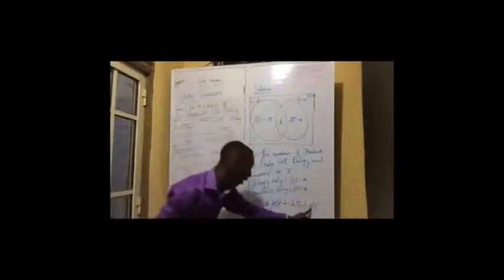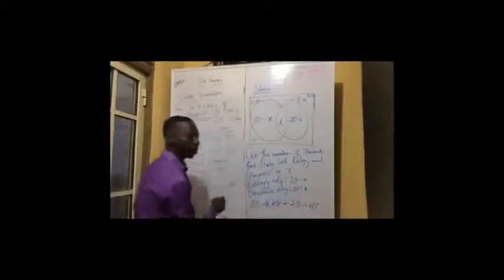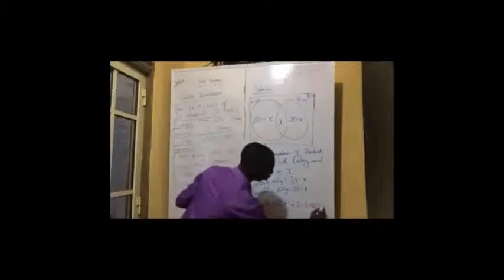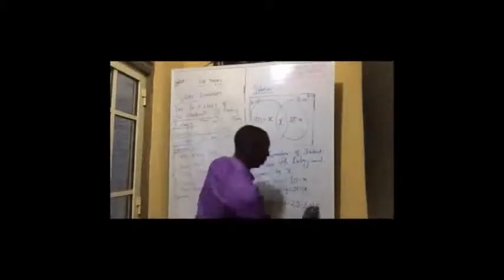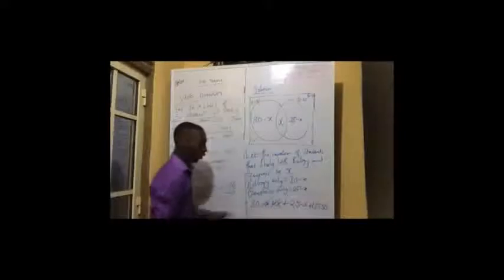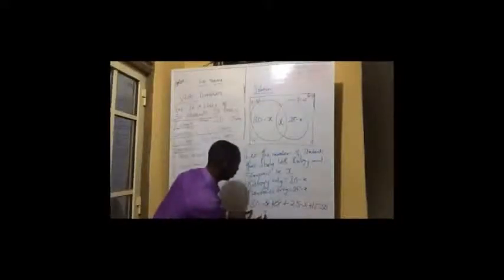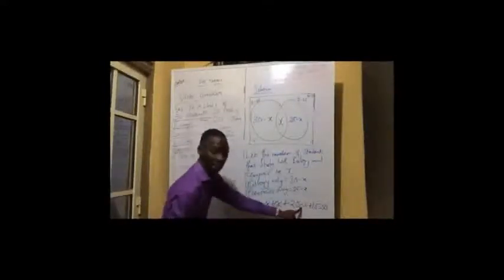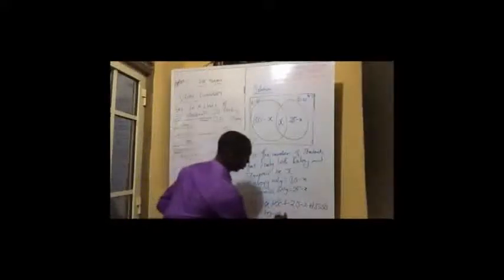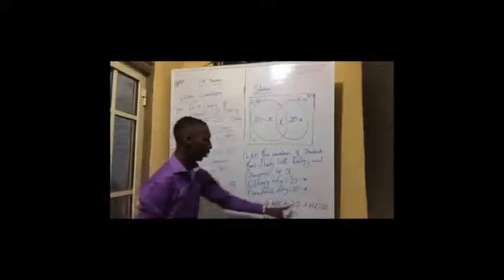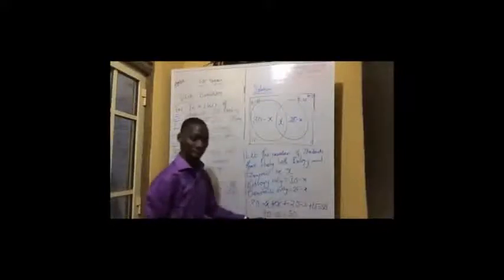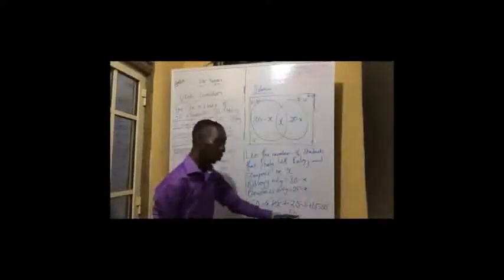The next one is, don't forget there's another plus here. Plus 15. Punch your 15 on that same calculator. You will be having 70. Don't forget, this must be equal to the total number of students, 50. If you punch 30, 25, 15, you have 70. Minus X is equal to 50.